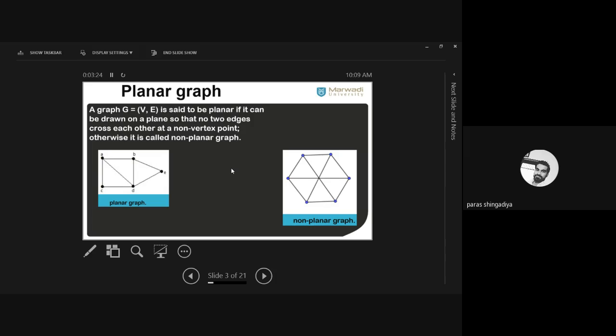So two graphs are given here. First, there is no intersection between any two edges, clear. Check the first graph only, there is no cross between any two edges, so we can directly say that it is a planar graph. No modification is required. So what is the conclusion for the first graph? Directly you can say it is a planar graph.